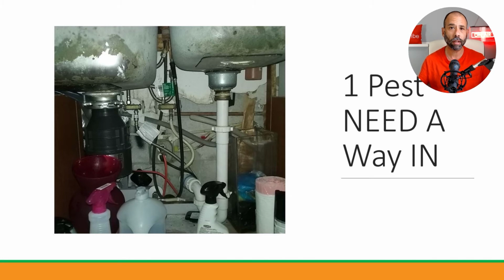If you notice the drywall, there was water damage. The drywall completely fell apart. And I see back there the cinder block. This requires the kitchen to be removed, all the cabinets, re-drywall that entire wall, and then put it back. If there is no exclusion done on the outside where the roaches are getting in from,